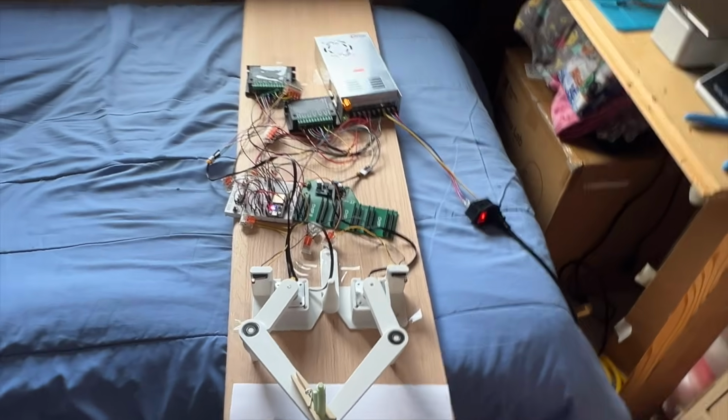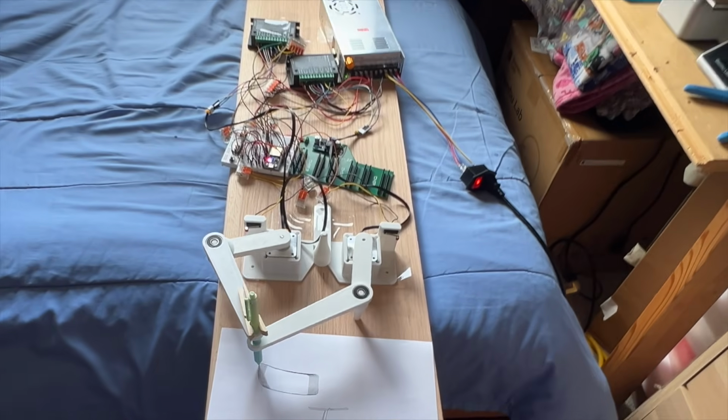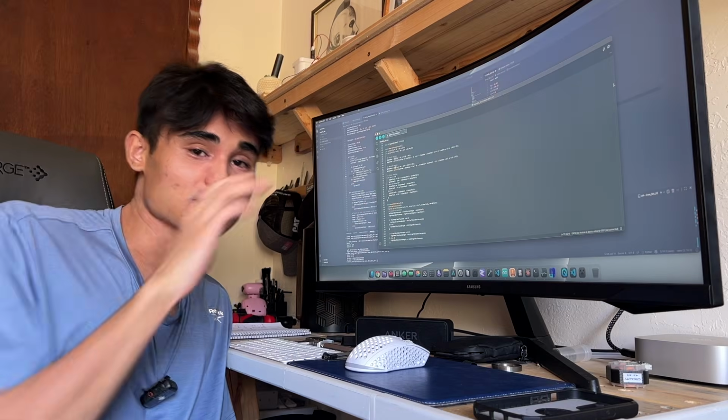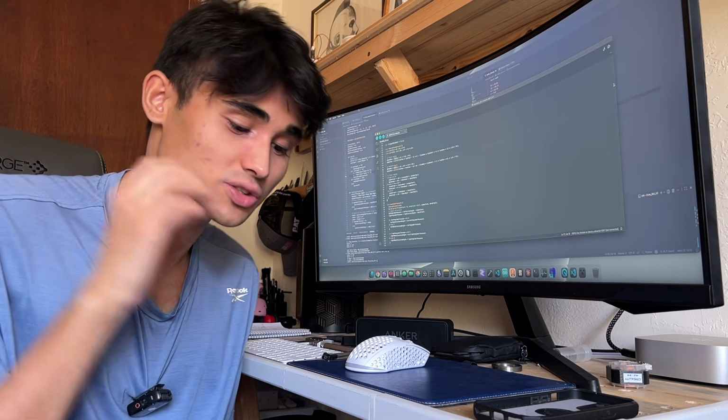Alright guys, so last week I made this drawing robot here, and while it does work, there is still quite a bit of room for improvement. So my goal for this week is to try to find all the bugs that it currently has and try to fix them. If you guys remember back to last week's video, I did some testing on this drawing robot,